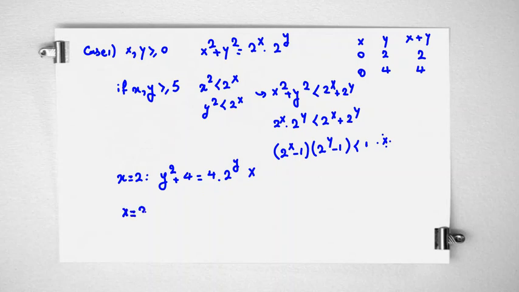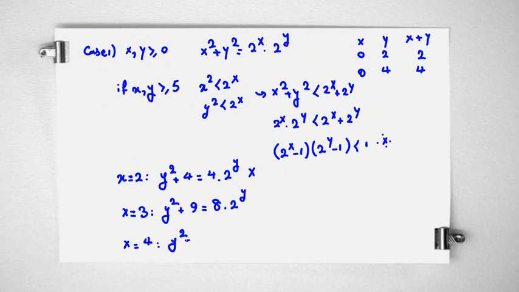If x equals 3, then y squared plus 9 equals 8 times 2 to the y. So here, if we check y equals 3, 9 plus 9 is 18, so the right side will be greater. Okay, obviously. And here, each time it will be multiplied by 2, but it wouldn't be multiplied by 2 like the proof of the previous page. If x equals 4,